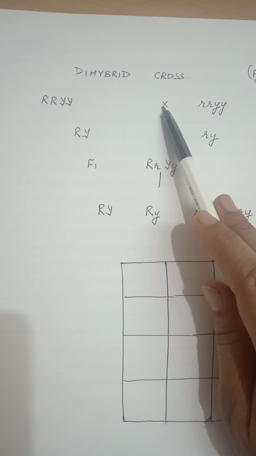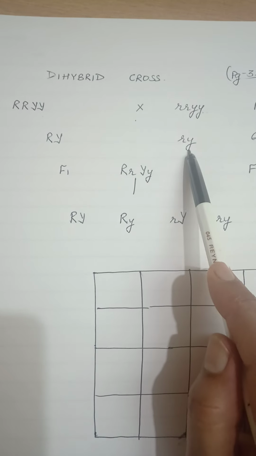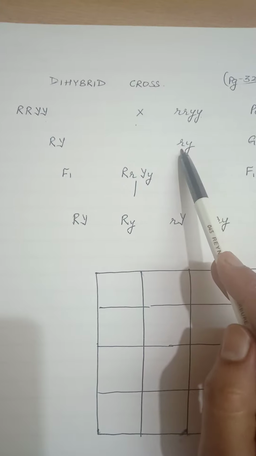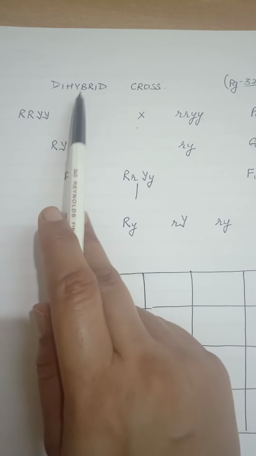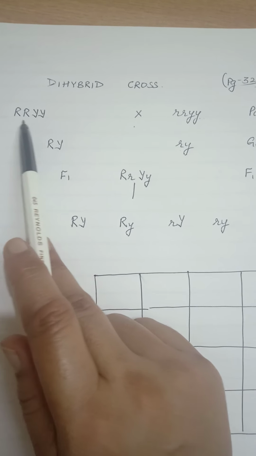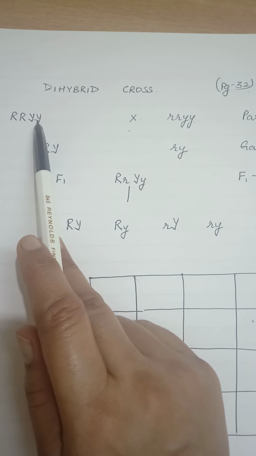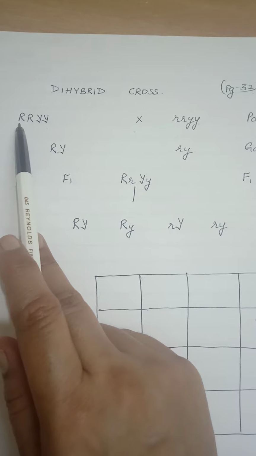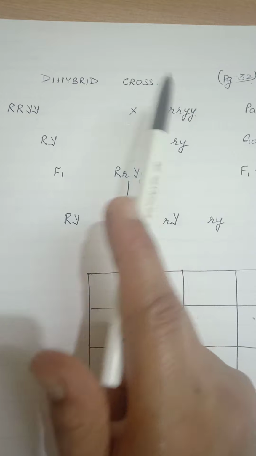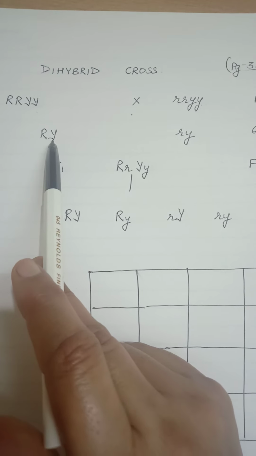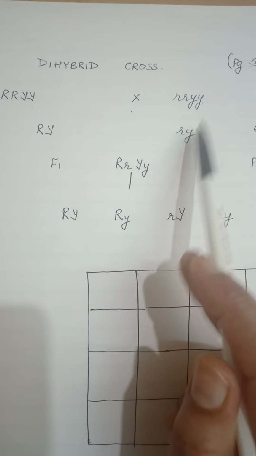When parents were crossed for these two characters, then two kinds of gametes are formed. From this side we will get small r small y and capital R capital Y. See, this is dihybrid cross. That's why when we are writing genotype we have to take four alleles represented by four letters. Capital letter representing dominant allele, small letters representing the recessive allele. Capital R capital Y representing gamete coming from this parent and small r small y representing the gamete